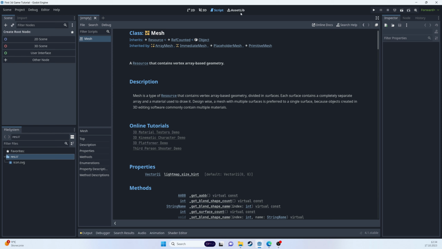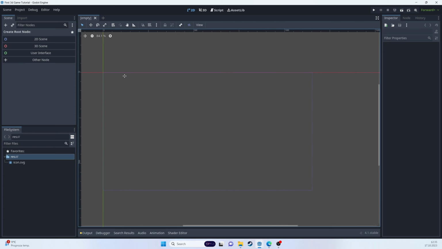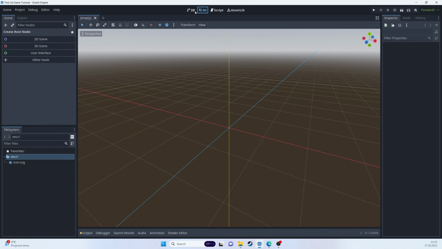Then what we have is a set of 4 buttons that basically change the context of our editor and how it works. For 2D games, we have 2D, and here you will see all that you have in your current scene in 2D. Then you have 3D, and these are completely separate. This is the difference between, for example, Unity and Unreal, where 2D in Unreal and Unity is basically built on